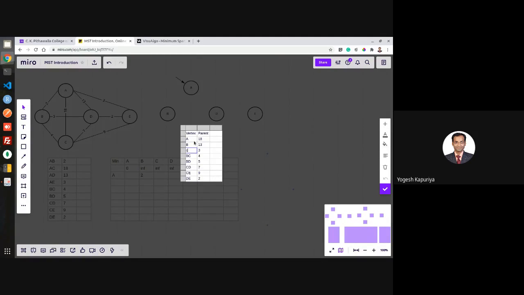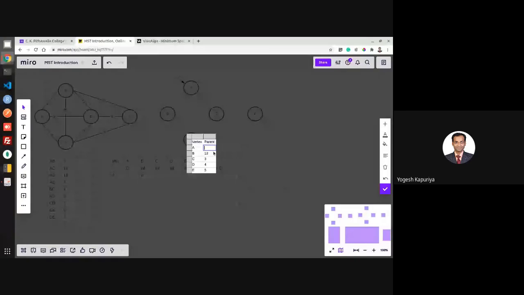Initially no vertex is connected, right?